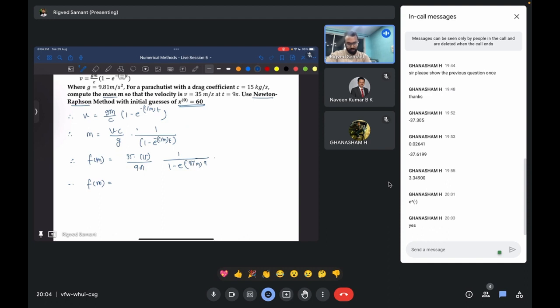Into 15 divided by 9.81, 53.51 into 1 divided by 1 minus